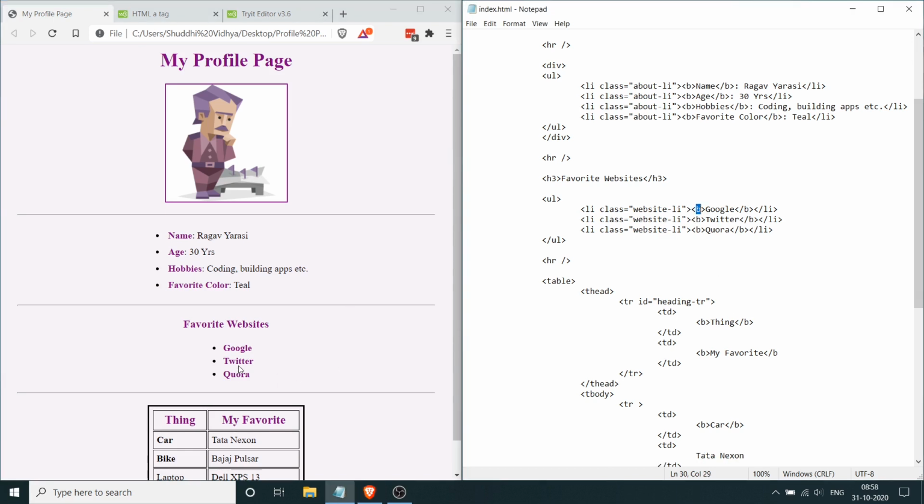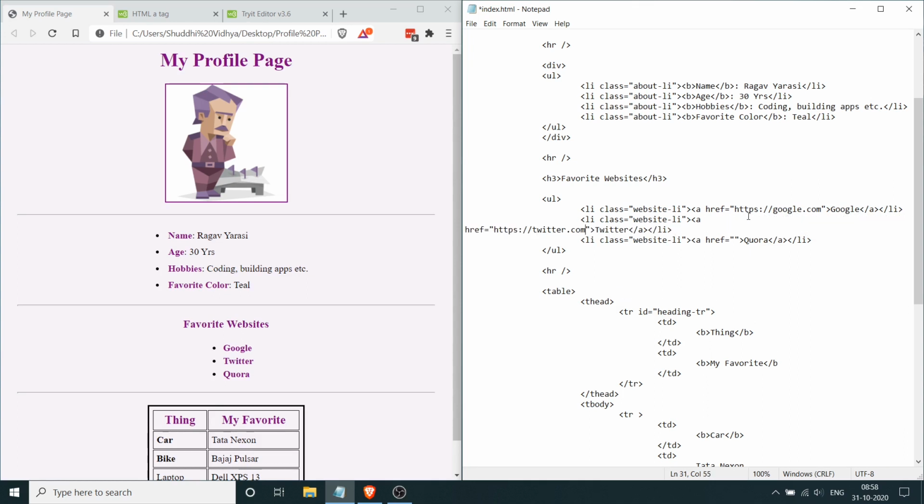Removing the B tag will make the text look normal instead of bold. And instead of that, we're going to add the A tag. So I'm going to quickly do this. For now, I'm just going to leave it blank. I'm going to replace all the B tags with the A tag and the href attribute. I'm also going to close it with the A tag. And now here I'm going to fill it with the URL for these sites. So I'm going to add google.com, twitter.com, and